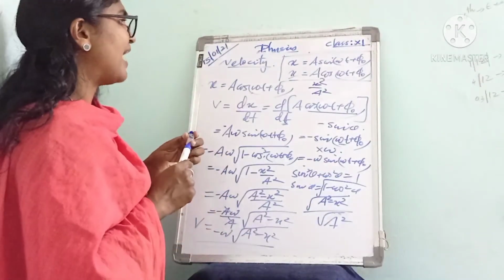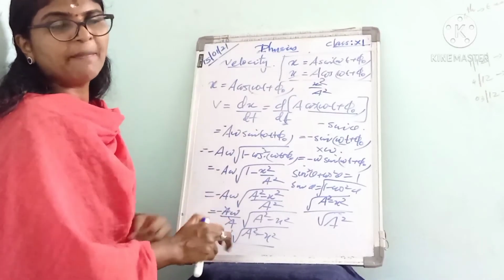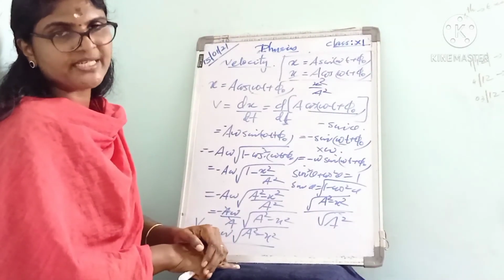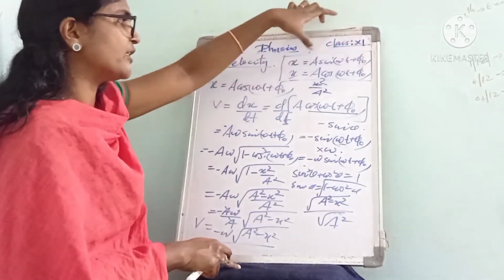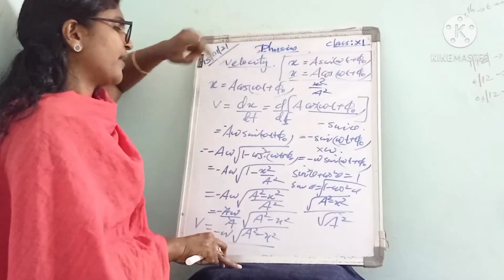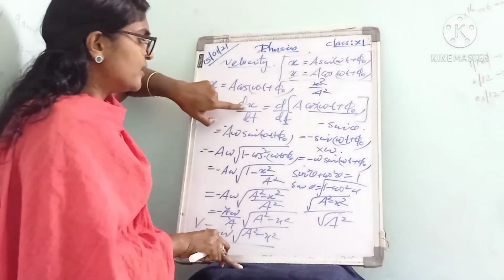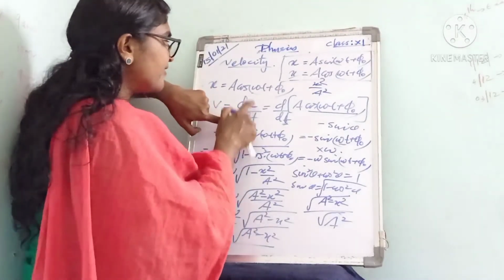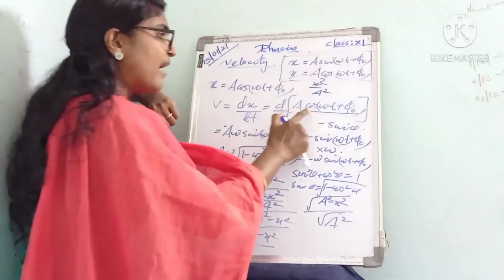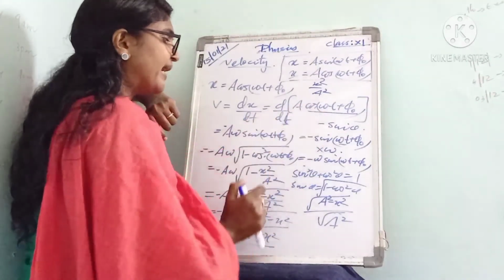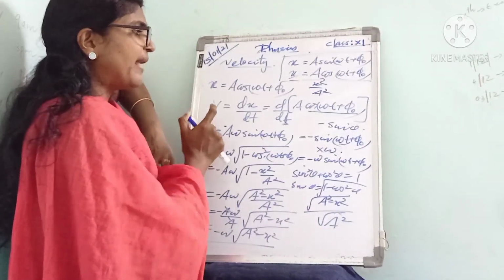Listen to it. Here we have to find the expression for velocity of a particle executing simple harmonic motion. For that we are considering the displacement x as a cos(ωt + φ0). This is actually displacement. Okay, but velocity we know dx by dt. Rate of change of displacement is velocity. So dx by dt. So instead of x we can write d by dt of a cos(ωt + φ0). So we have to differentiate a cos(ωt + φ0). a is constant, that is taken out. Then differentiation is applied to only cos.